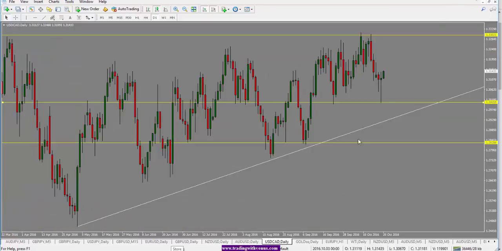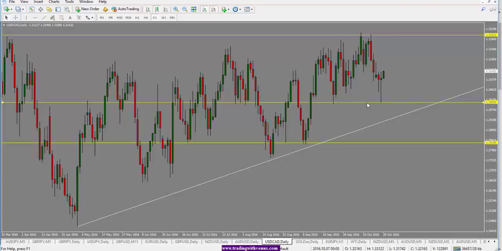Dollar CAD was quite interesting today. We saw Bank of Canada hold the interest rate. They did not make any changes to the interest rate. However, during the press conference, Governor Poloz mentioned that they were actively talking about a stimulus program. Anytime there is talk about a stimulus program, it is negative for the currency. As such, we saw the dollar CAD bounce off of this support and resistance level that we were looking at yesterday,